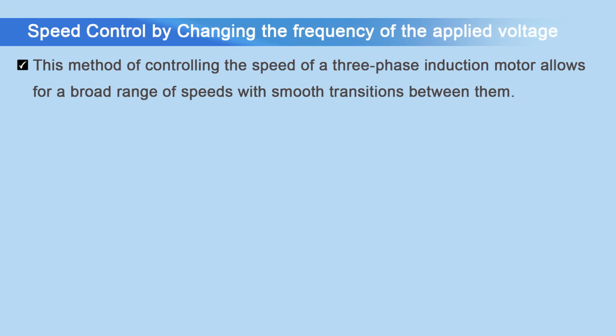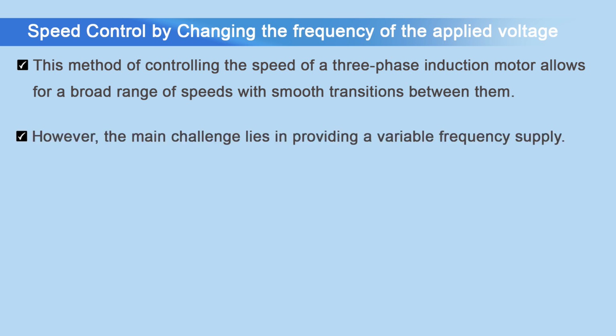Now third method of speed control, it is by changing frequency of applied voltage. Again this scheme comes under control from stator side. So this method of controlling the speed of 3-phase induction motor allows for broad range of speed control with smooth transitions between them. However, the main challenge